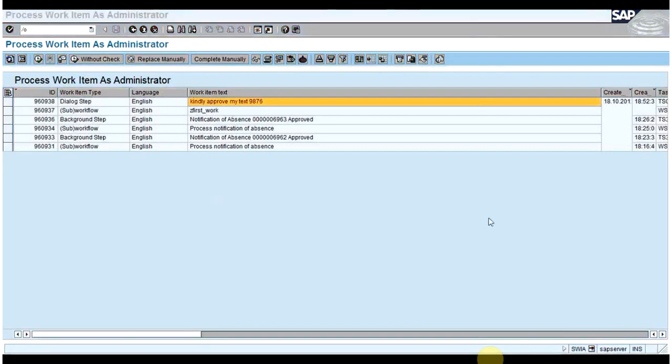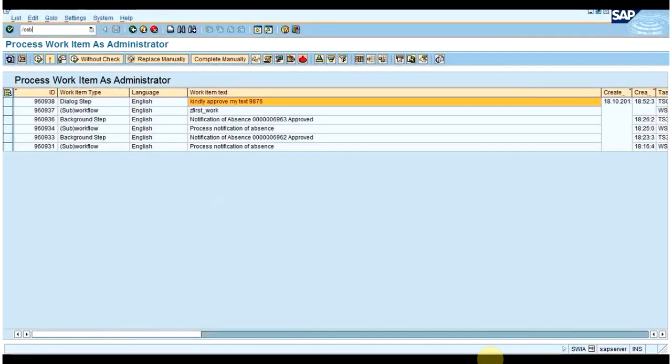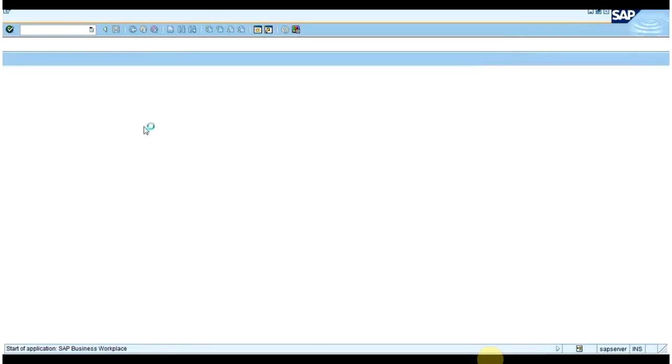So here I have activated this particular program, and now I will be executing this program. Once it is executed, the work item ID gets generated, and that work item ID gives you the verification that the workflow has got executed.